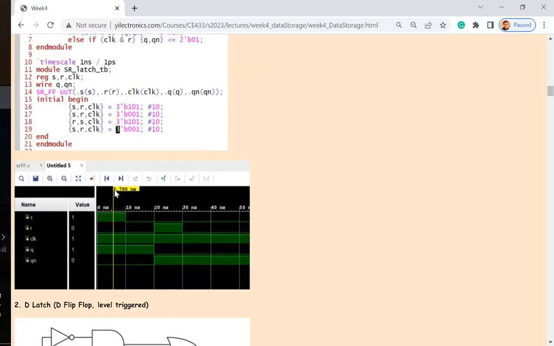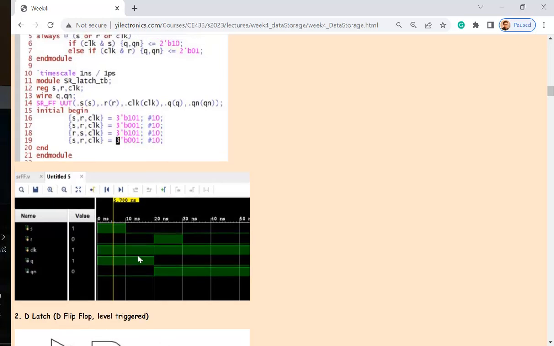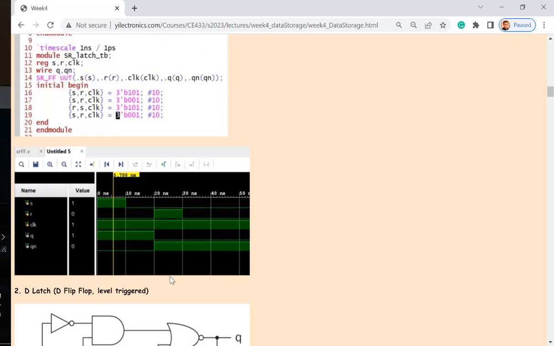So it works. And I think this one verifies the memory case. You can see I got a 0, 0 here, which is S and R zeros. So in that case, when you are looking at the diagram, you can see it's memorizing things. See here, I got a 0, 0 for S and R, your Q is not changing. Q is memory. It's following the previous Q, okay? Just do a similar analysis for the rest of the timing diagram to verify